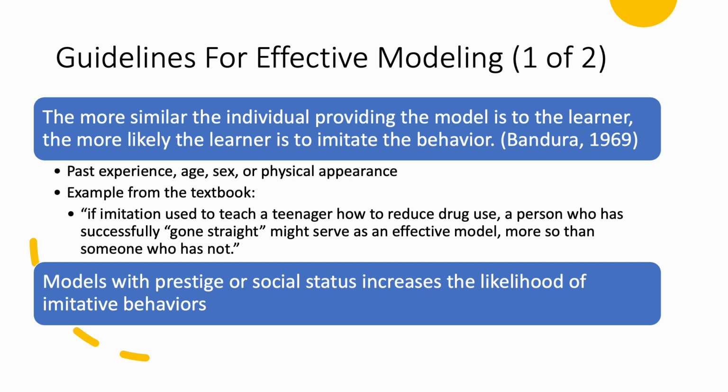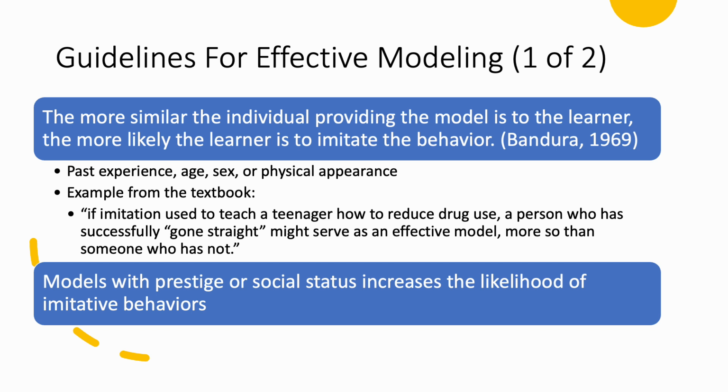Similarly, people that have a more prestigious appearance or that are higher in social status tend to also increase the likelihood of imitative behavior for learners. And this isn't only just for learners. If you think about what you experience in your day-to-day lives, social media is very popular nowadays. And what you often see in social media is like this,